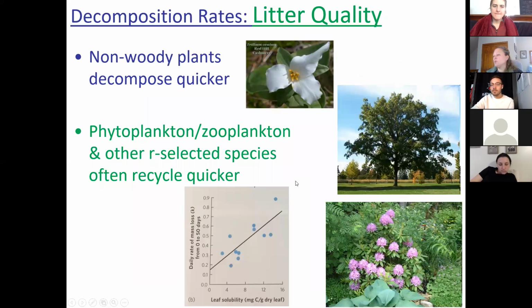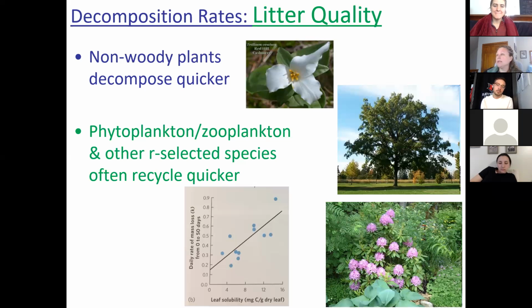So in addition, there's also the idea of the leaf litter quality. Bay leaves, again a good example, beech leaves, but typically the non-woody plants. You guys remember we were out, I don't know if Dr. Aldred pointed it out, but the trillium were just about to pop in the lab when you guys were out doing the trees. They're the three leaves, trillium, tri. So there are three leaves, three sepals here, beautiful flowers. They can be red, they can be white. I think there's some pink ones as well, but they were just about to pop. So any herbaceous plant, any flowering plant, grasses are quicker to decompose than the woody stuff.